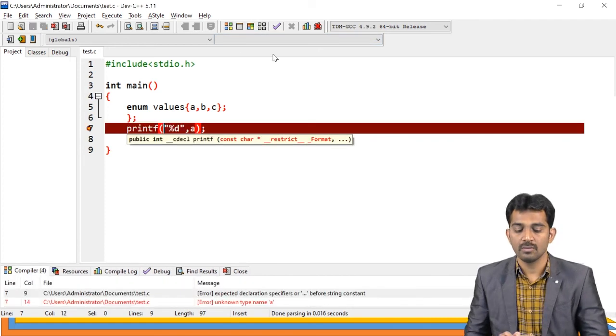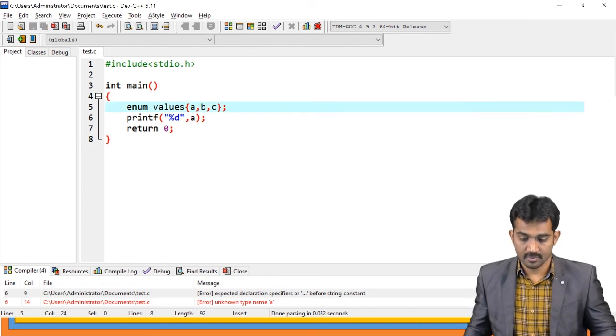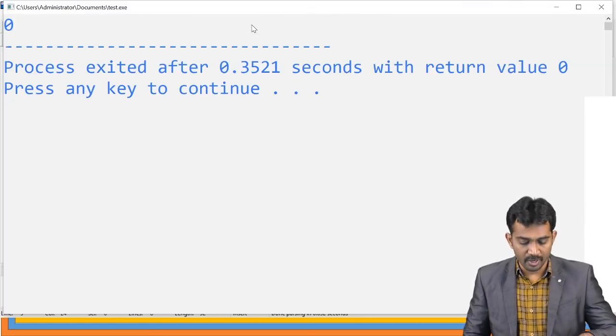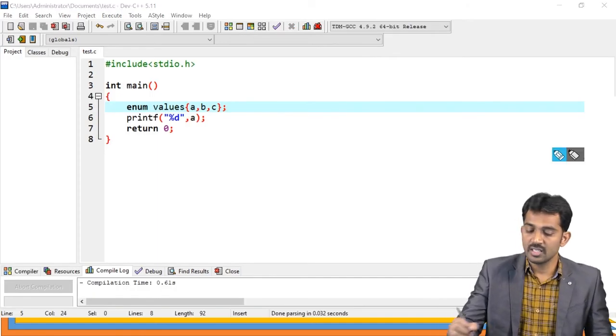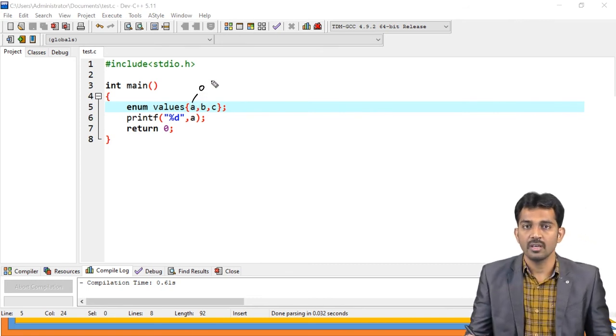If you run this code, yes, extra practice there, right? See, if you run this code, it is going to display 0, because the starting value is 0 only by default.